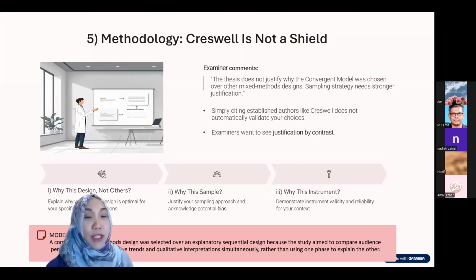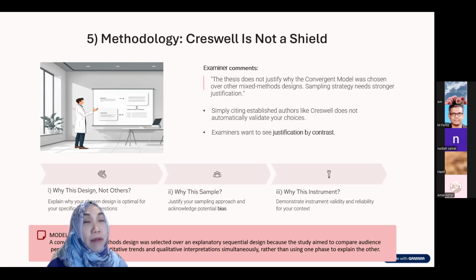Methodology. Somebody said methodology. Okay. I see this all the time. Creswell is so popular that we see him in every research methodology chapter. Yeah, his name is so popular. So the biggest myth is that citing Creswell automatically validates your choices. No. Okay. So for example, if you just mention him, the examiner said the thesis does not justify why convergent model was chosen over other mixed methods design. Sampling strategy needs stronger justification. So if you can see here,